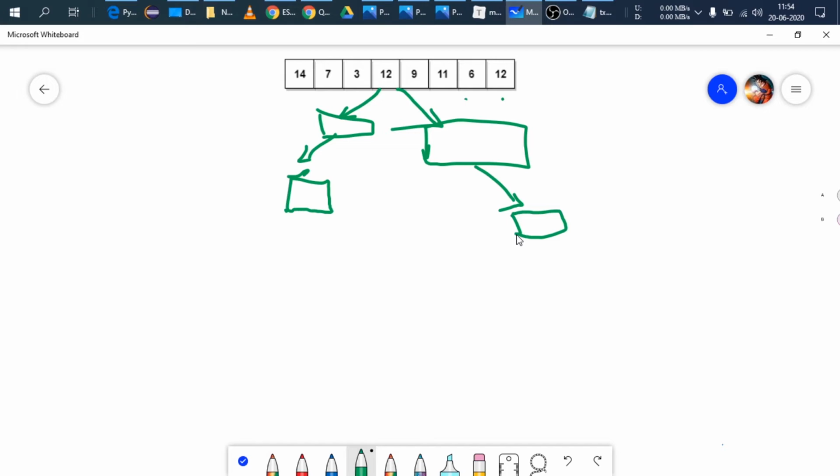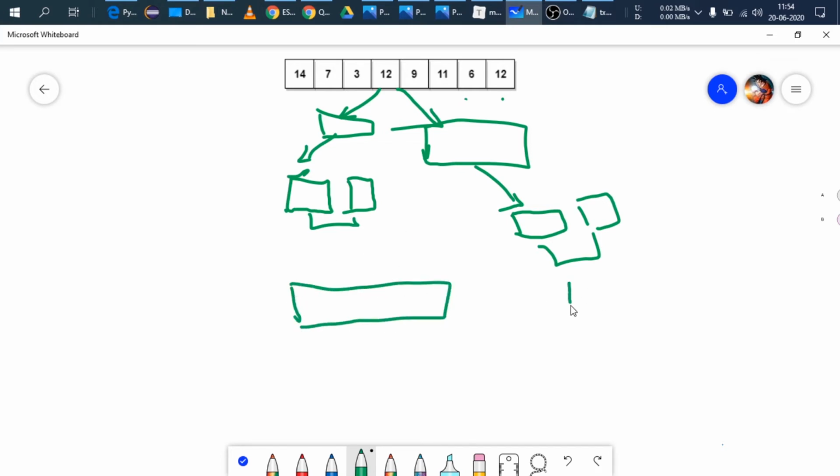When we get our one element left, since we had a larger array and we divided it into one element, there must also be other elements. We'll combine that with our single elements. Same for this side, we'll merge them. So we'll keep on doing this until we get a larger subarray on each side.